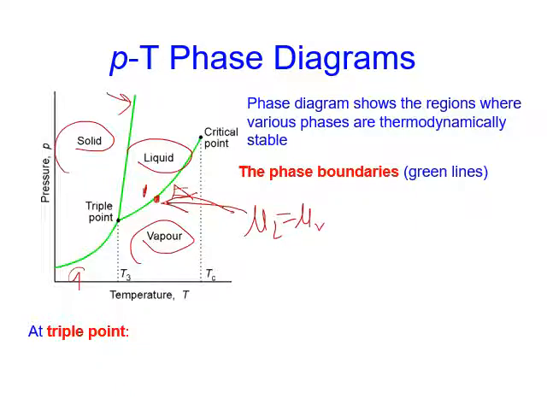And any point inside a region such as number 2 means solid is the most stable phase, so the chemical potential of the solid should be lower than liquid or gas phase. It's the lowest. Now along this phase boundary, for example, point 1, you have two phases existing simultaneously,